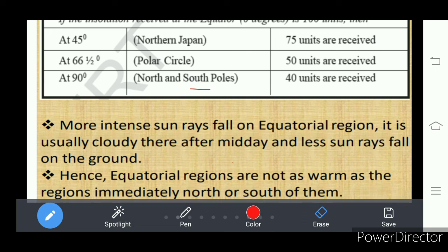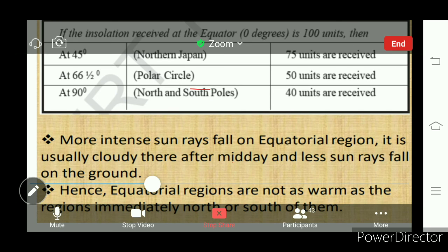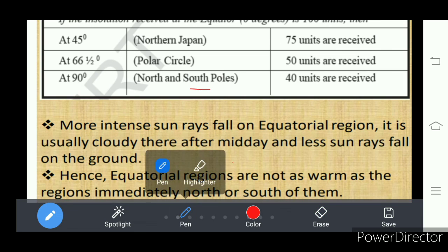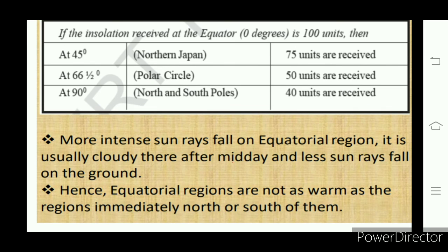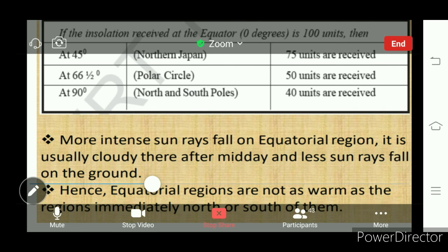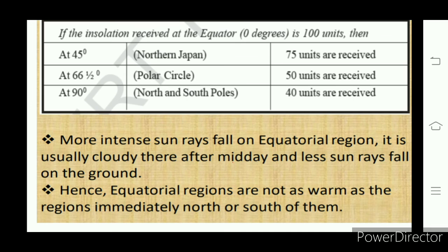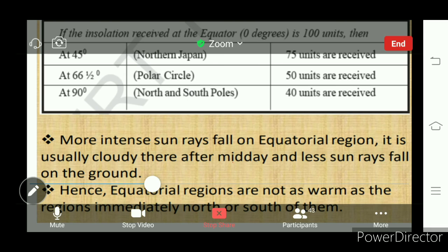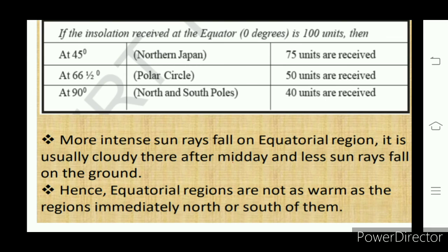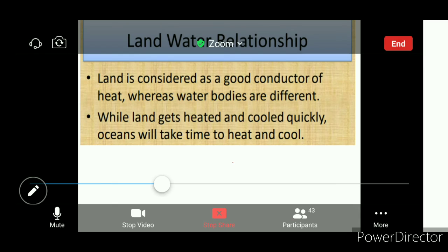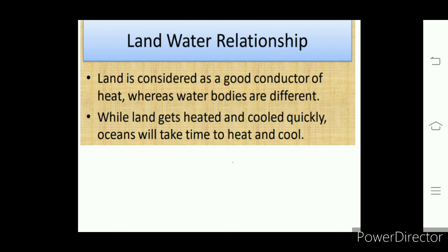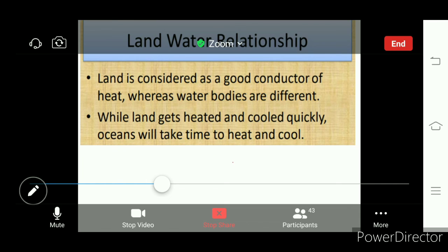So there is a relationship between temperature and latitudes. Latitude is one of the factors influencing temperature. Moving from low latitudes to higher latitudes, the temperature decreases. Right? And another factor we see here is the relationship